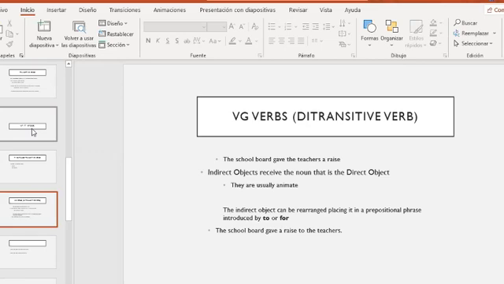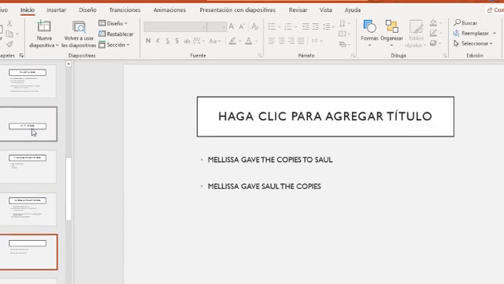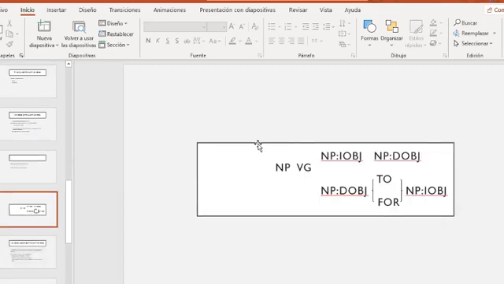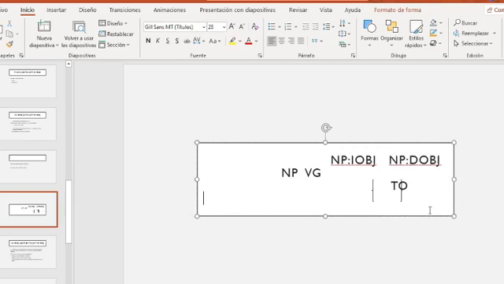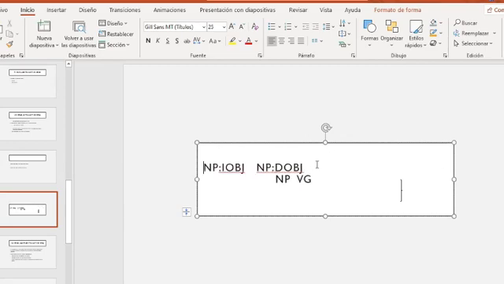Okay? So VG is only this one. So this one here is not a VG. I'm sorry, VG, transitive. So this is the only formula for, if you want to say,